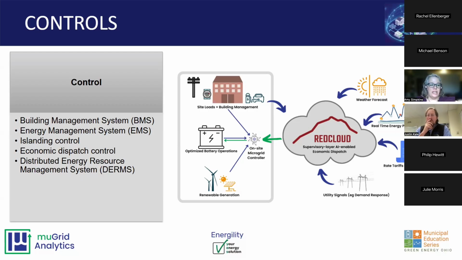So usually the control system that does that is called an EMS, an energy management system. An energy management system is focused on your site, on the assets available at your site, and it combines the loads, what's going on at the building. It combines what the battery can do, and what's going on with your renewable generation, and then makes those decisions based on either economics or resilience, performance, and reliability to decide who's on call to deliver what energy